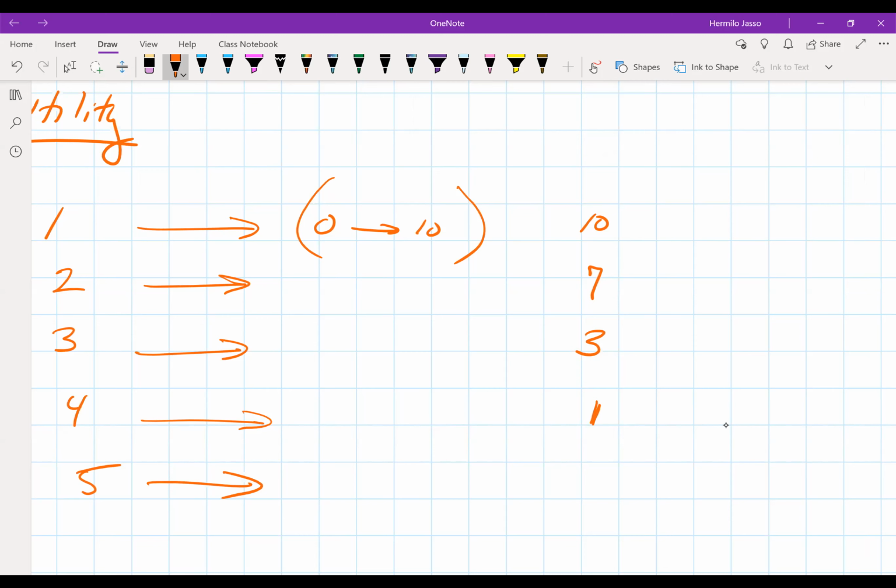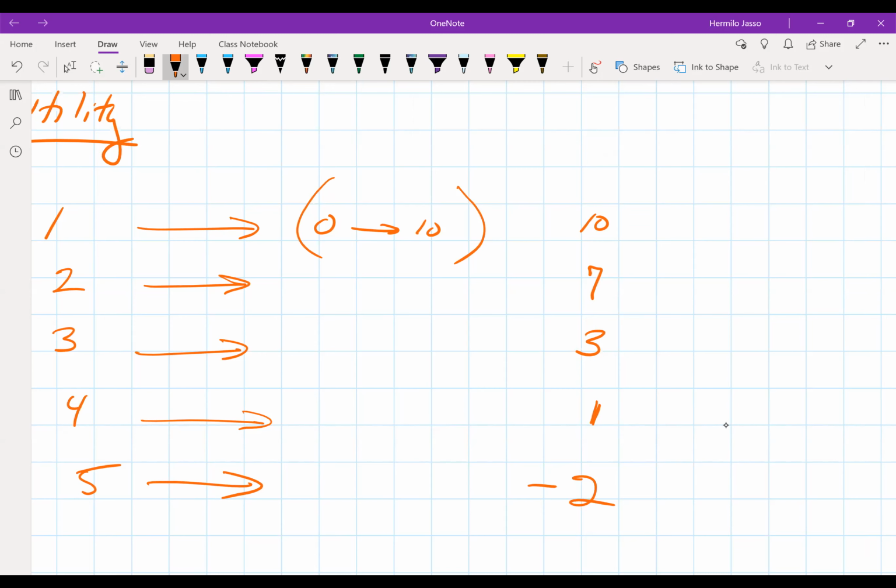How much pleasure is he going to get out of the 5th burger? I think the only thing he's going to get is diarrhea, right? He's going to get a stomach pain. In other words, that 5th burger is not going to give him any pleasure. It's not going to give him any satisfaction. If anything, it's possible that it's going to be negative. It's going to be painful to eat the 5th burger.